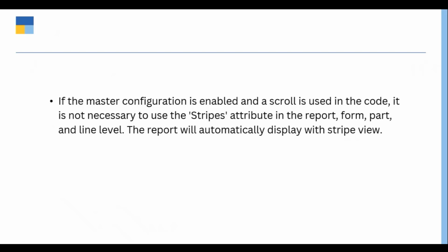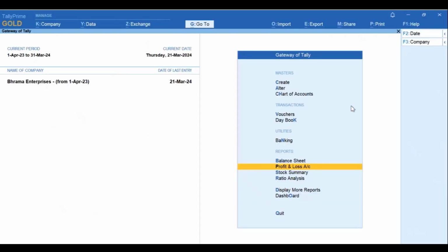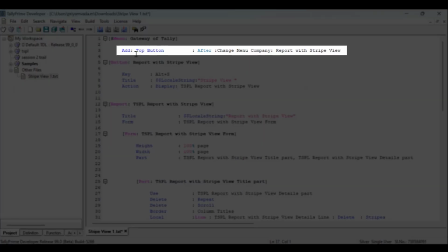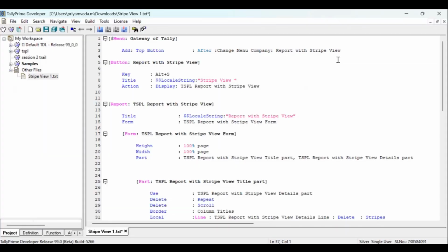Now let's see how this translates in the code and at the same time in TaliPrime application. So it says if the master configuration is enabled, you need not use stripe attribute in your code. As you can see the Stripe View TDL code open on screen. Here we are trying to add a button after top menu where we want to display TSPL report.